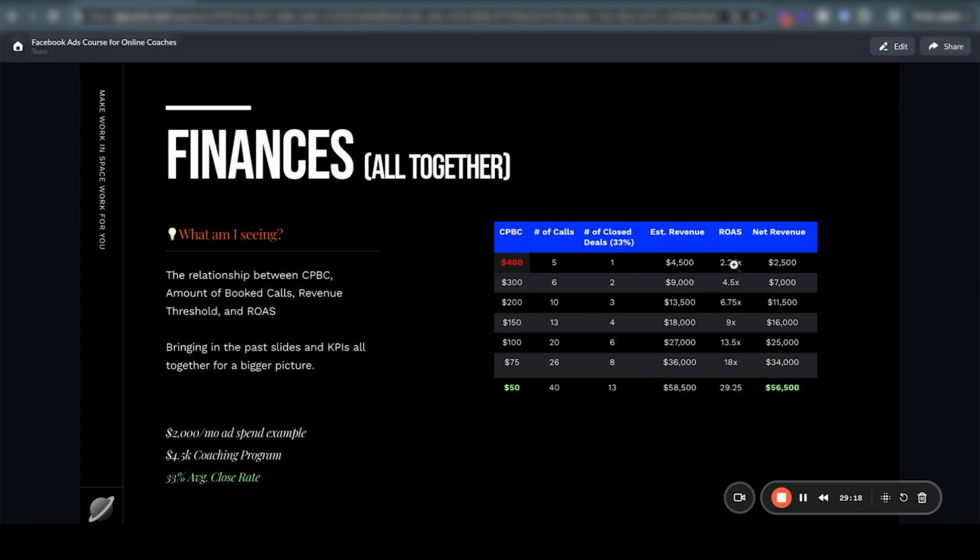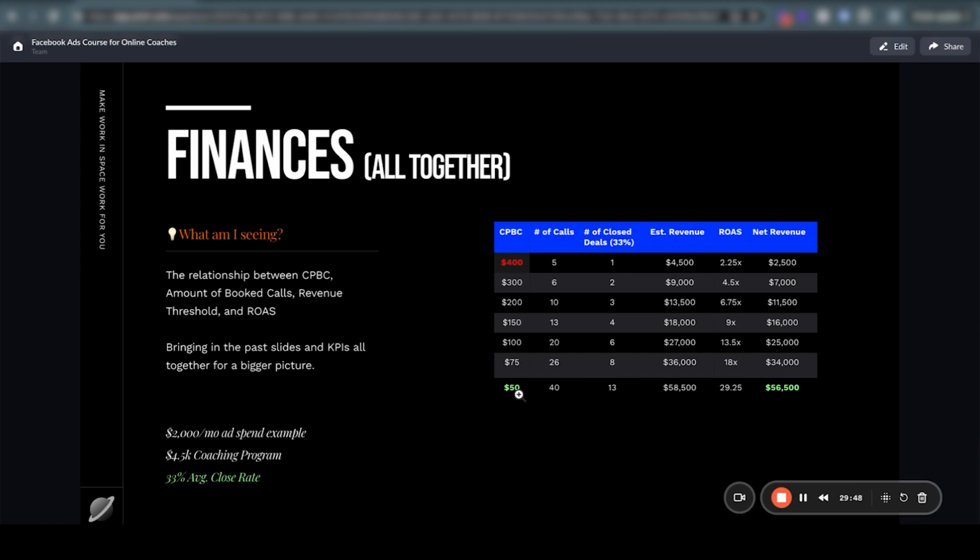Your ROAS is just your ROI, how much you're generating versus how much you're spending. Simply take your revenue, $4,500, divided by $2,000, and you get a 2.25x ROAS. Your net revenue is your gross minus your expenses of $2,000. So $4,500 minus $2,000 is $2,500.